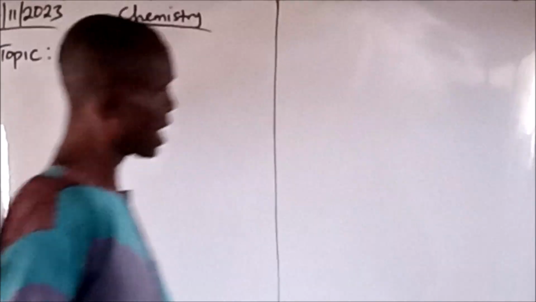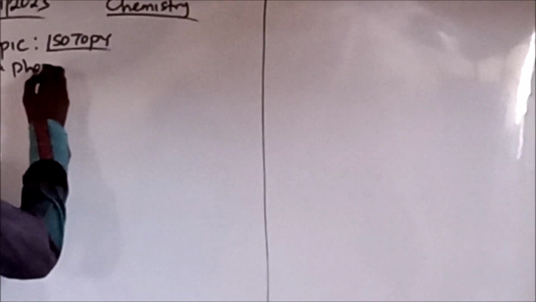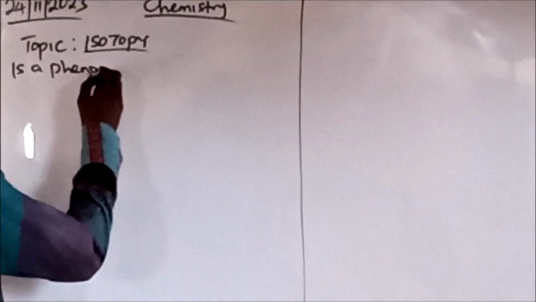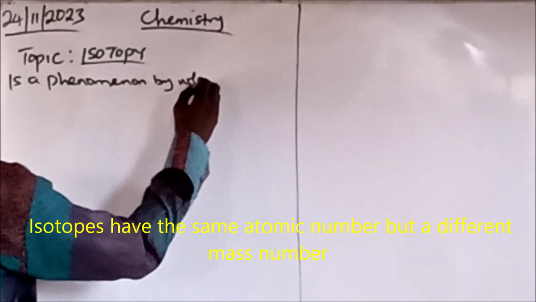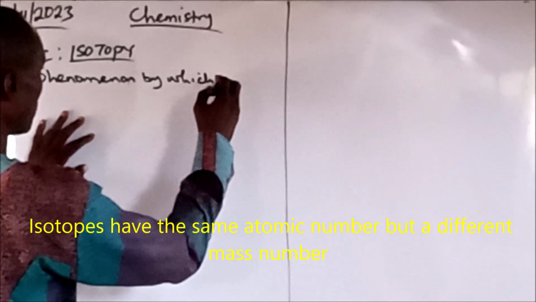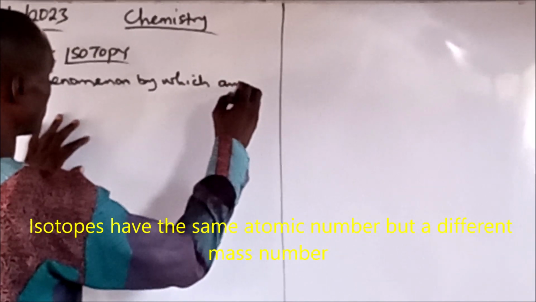Isotope elements, 118 elements in the periodic table. Alright, so isotopy is a phenomenon by which an atom of an element has the same atomic number but different mass number. Isotopy is a phenomenon by which an element